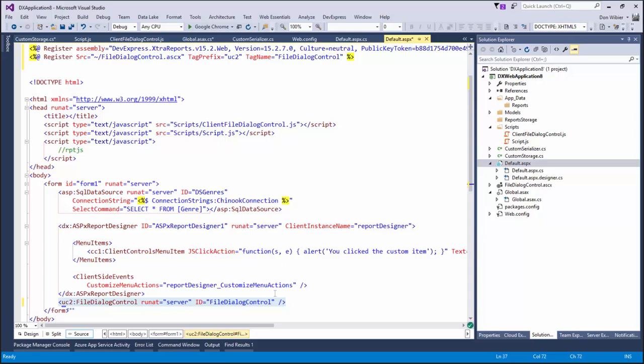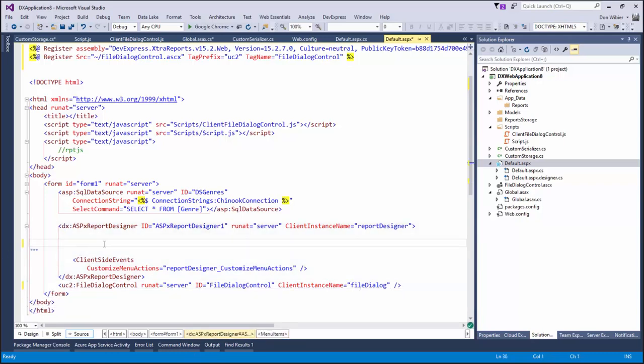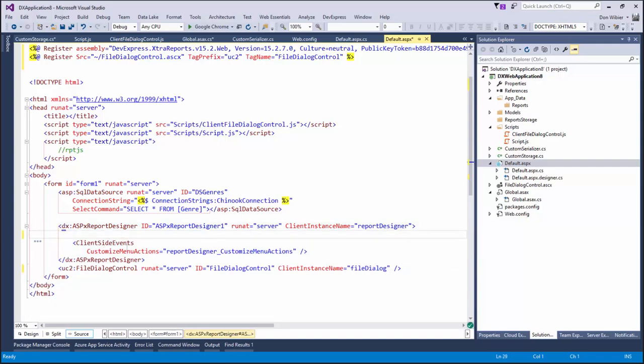And the file dialog control has a small property that we also need to set, and that is a client instance name. And this is something that I coded myself in this particular control. So we have the client instance name, and let me quickly get rid of that. I would also like to code the client-side event CustomizeMenuActions. And this more or less brings us to the last